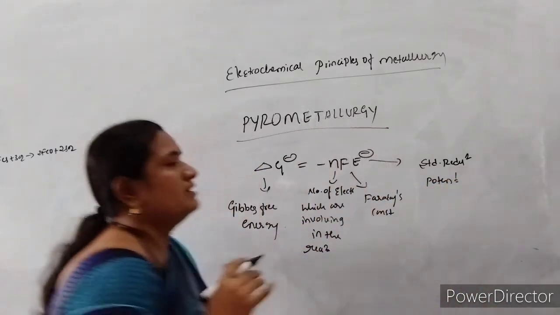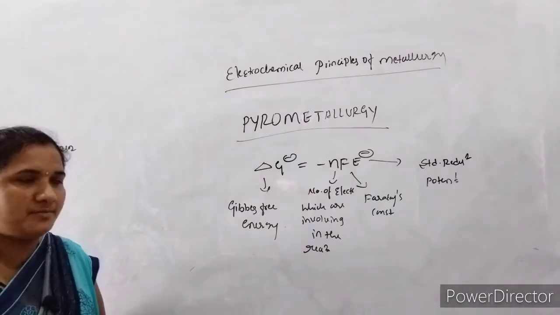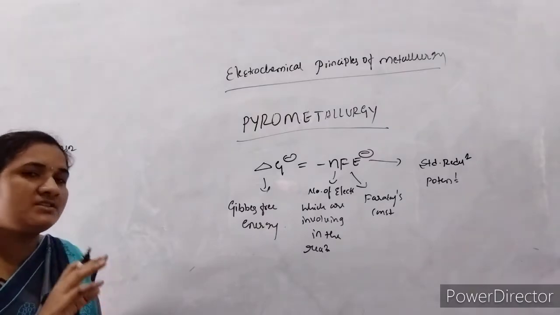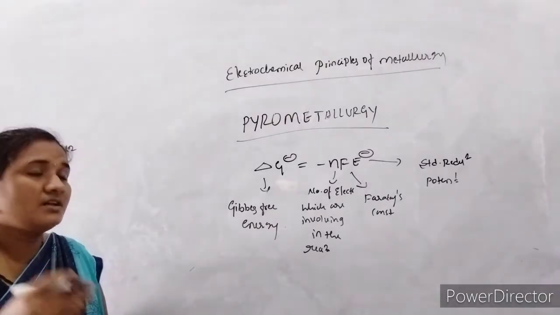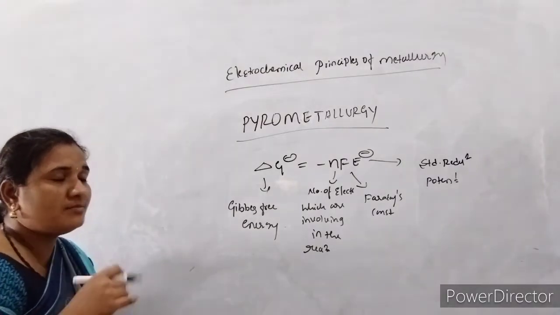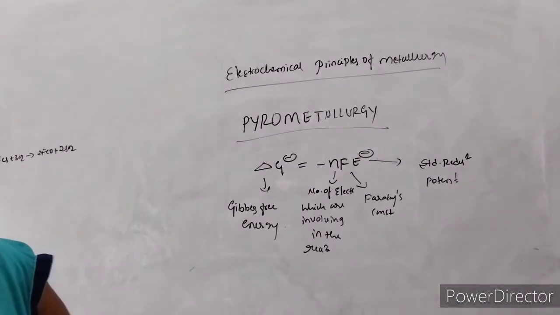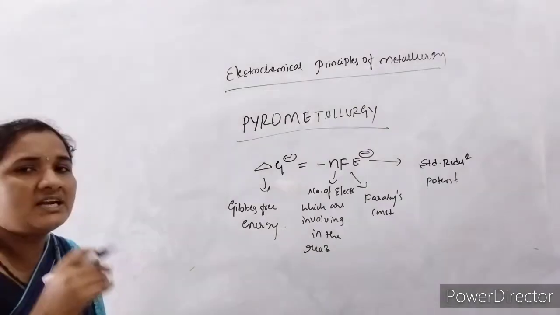By having this equation, we are going to study pyrometallurgy. One of the important applications is the extraction of aluminium from its ore. By applying this principle, we are going to extract the aluminium here. Before that, we have to study how the standard reduction potential is altered by the metals. If the metal is more reactive, it has a larger negative value of the electrode potential. So the reduction of that metal becomes difficult.